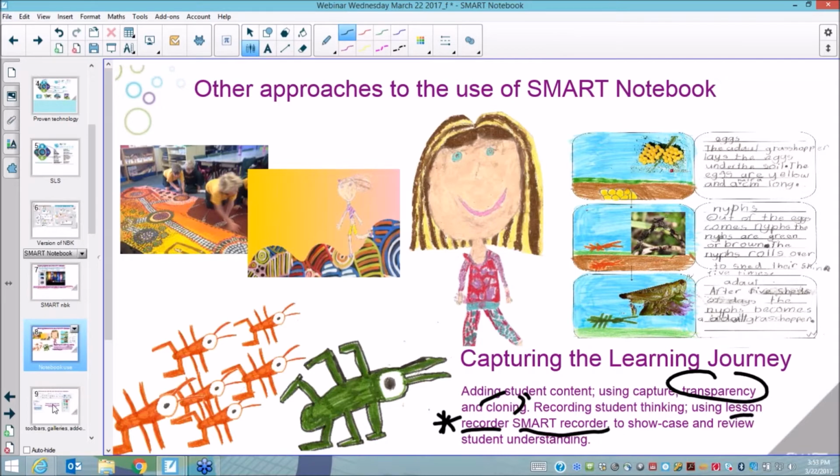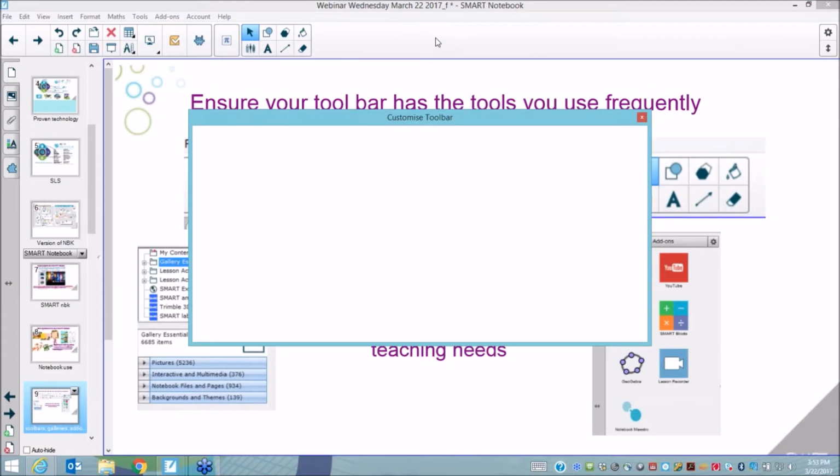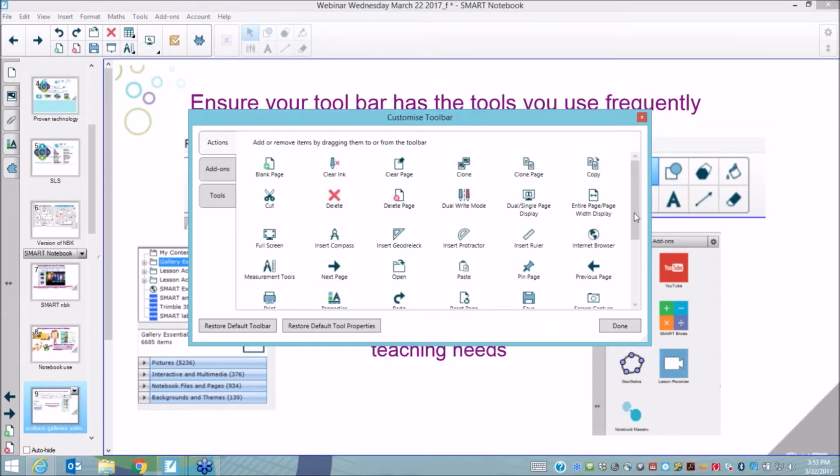Okay, so starting with Smart Notebook and the Smart Notebook that I'm using here right now today. One of the key things when we're using Smart Notebook is to make sure that we are comfortable with how our notebook page is set up. One of the most obvious ways to do this is obviously to make sure that your toolbar addresses your needs. So if I hold my pen onto, or my finger onto the toolbar for 3 seconds, I get a right